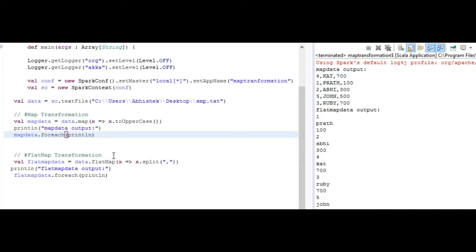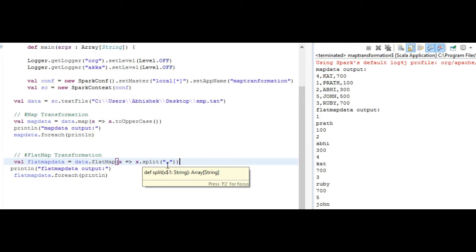Next, coming to the flatMap transformation. Here I'm writing val flatMapData equal to data, my same RDD, dot flatMap, x arrow x dot split, splitting by comma because my file has a comma delimiter. How does flatMap work? Whatever input I pass, it applies the function on each element, just like the map transformation.